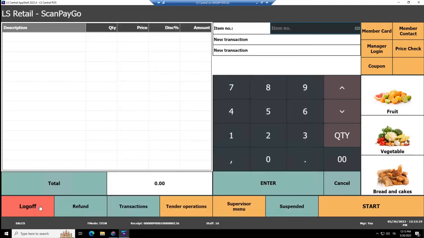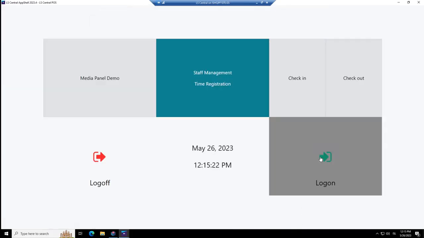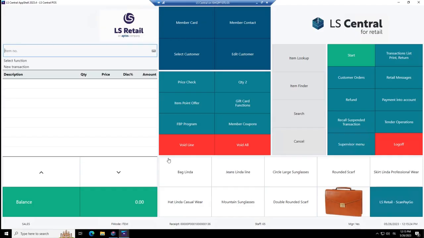Let's go back. Let's go to areas. We have already done a button with a POS tag. But now I want to show you something a little bit different. We haven't gone into members a lot yet, or loyalty management, or loyalty customers, but let's put in a member card again. It's easy to do.